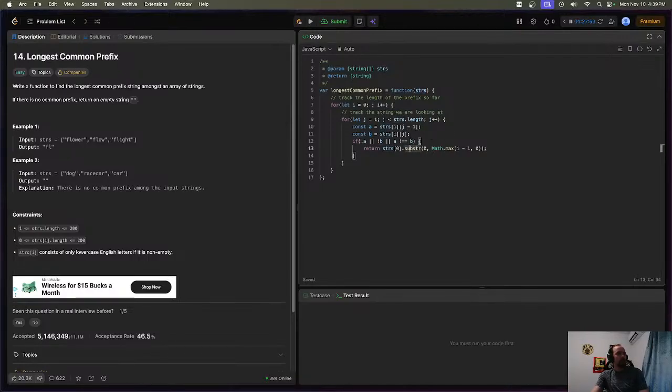Alright, so the idea is we're basically gonna go forever. There's always at least one string, and each string is 0 to 200 characters, and only lowercase English letters. So we basically go through each character. We're building up a prefix,